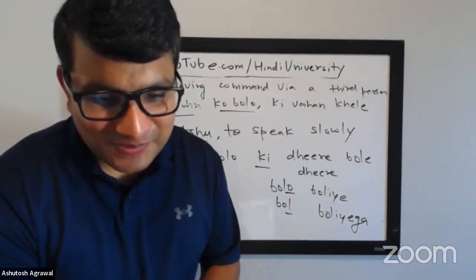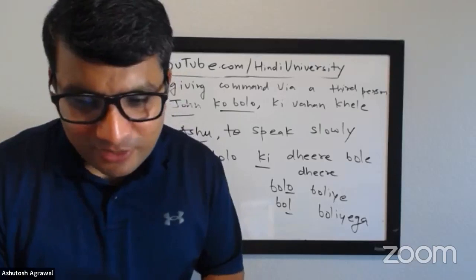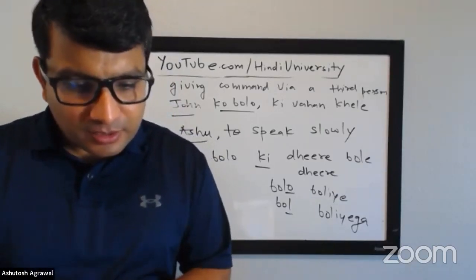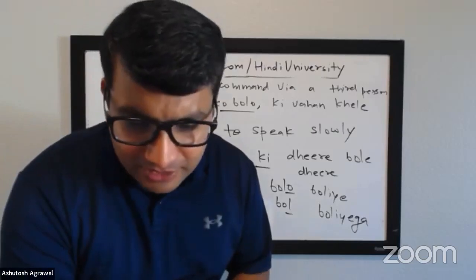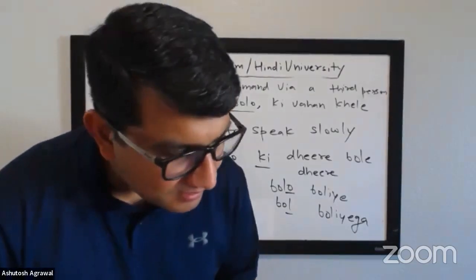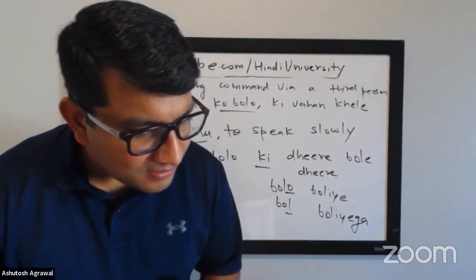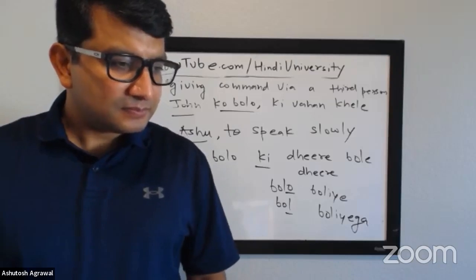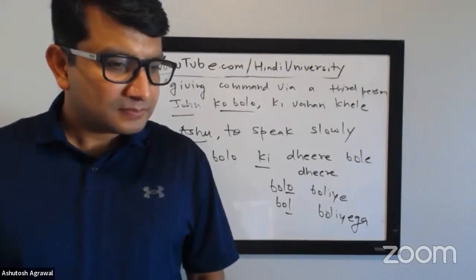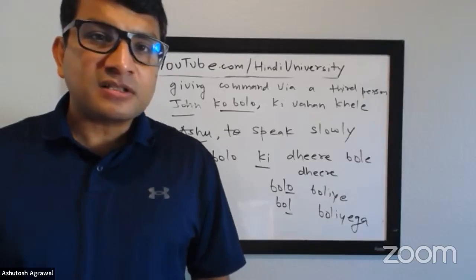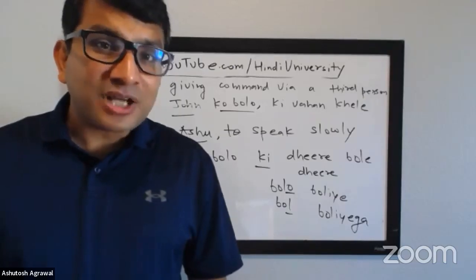I understood. Anyone else? I know we are short on time, so we'll skip the reading today and do some announcements. But if there are any questions. The last thing, Ashuji, is that this is the going versus a third person, but a direct command, right? Main chahti hun ki aap diri diri bole. Like that's subjunctive also, right? If you give a direct. That's your desire. Main chahti hun.